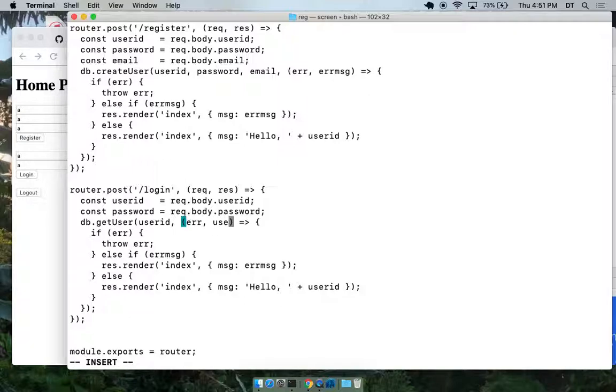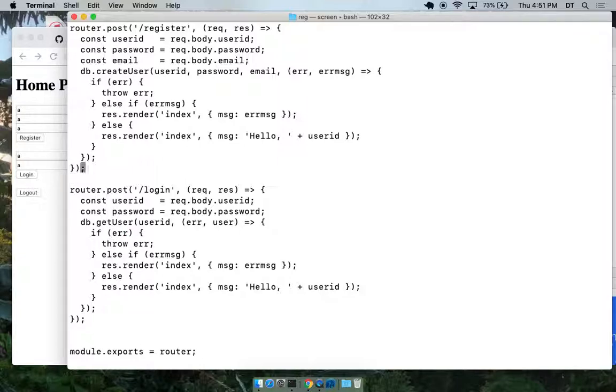And also the user, it returns the user. So we get the user, or maybe the user doesn't exist. So user will be set to null if the database code doesn't find a user. Okay, let's do that.